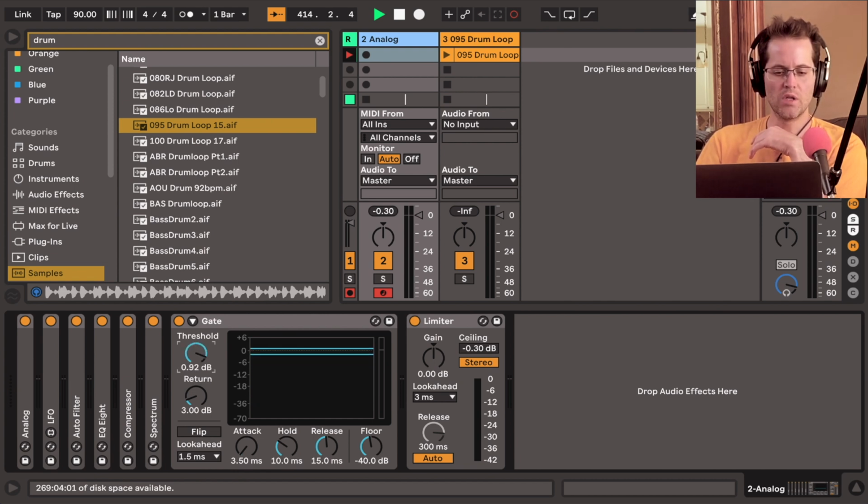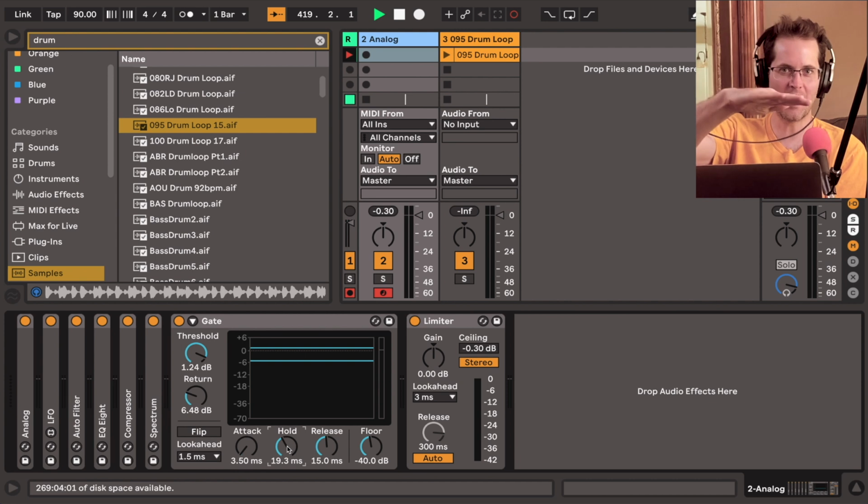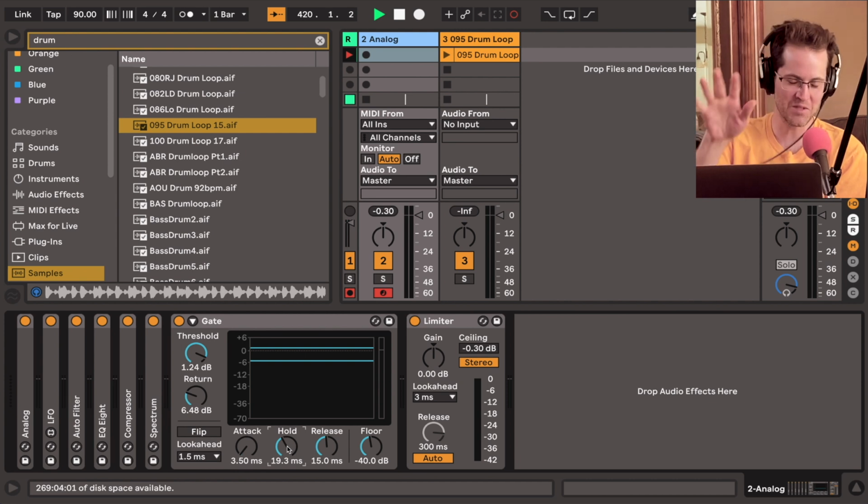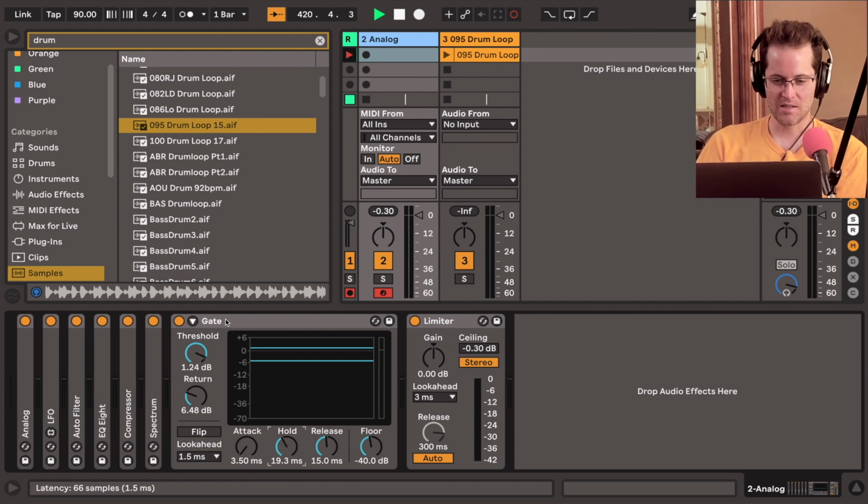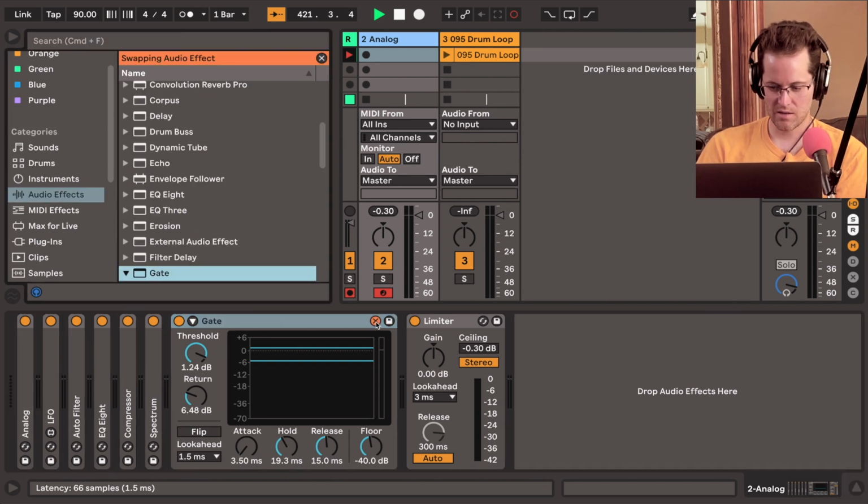But you really have to set these settings, which is why I think they added so many of these ridiculous settings. Because the old gate, way back in the day, like Ableton Live 8, Ableton Live 9, looked very different. It was one control. It was basically, okay, if it plays above here, cut it out. If it doesn't... But in any event,